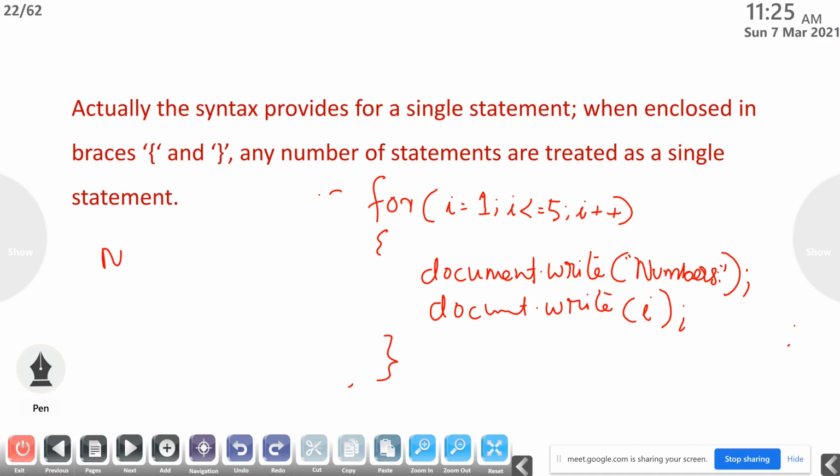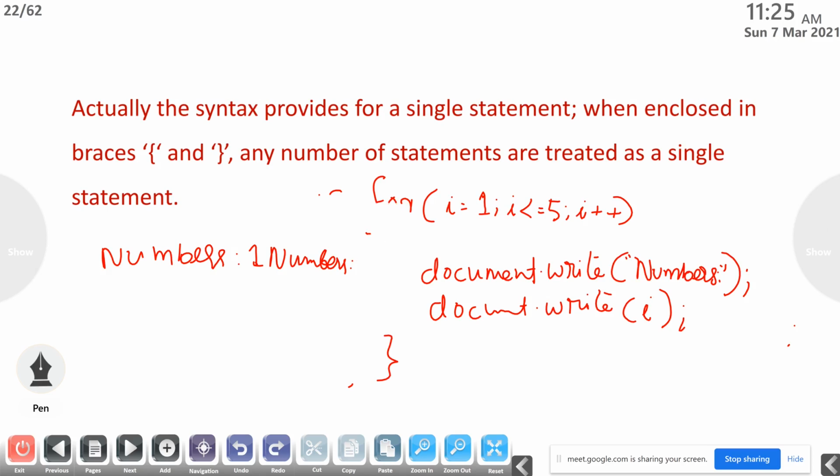First it will print numbers, put a colon, then it will print 1. Again in the same line, here we are not using slash n, the same line it will print numbers, then 2, up to 5.